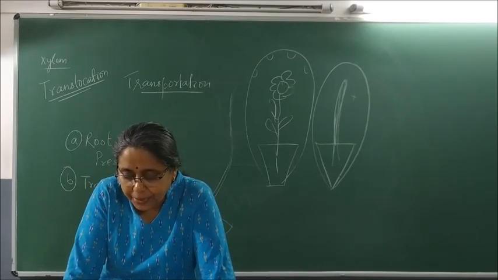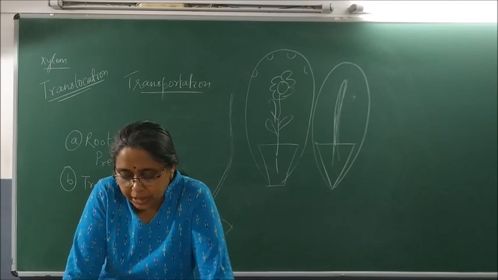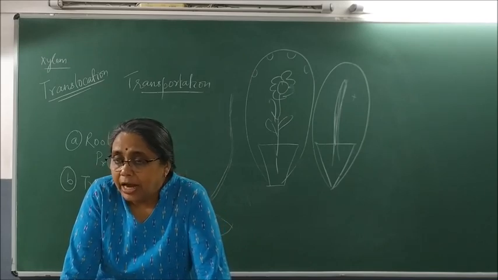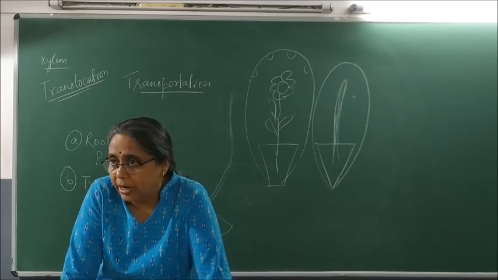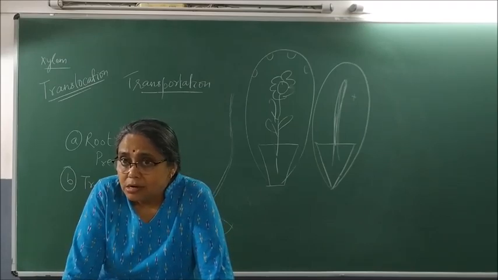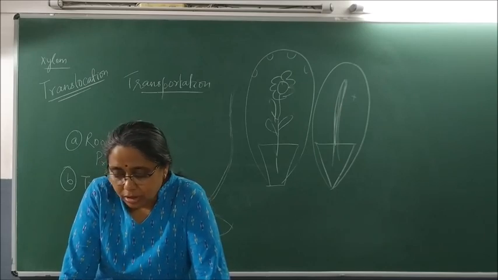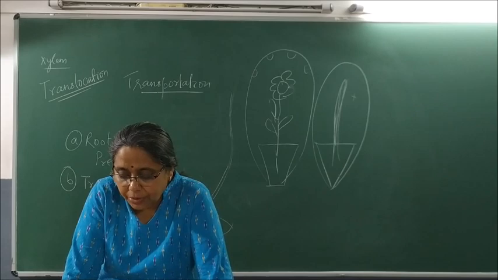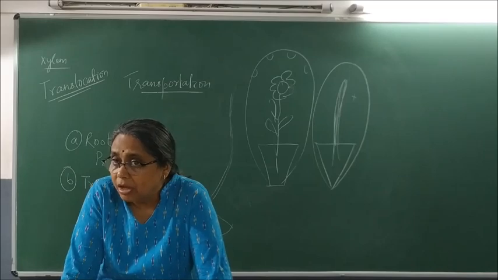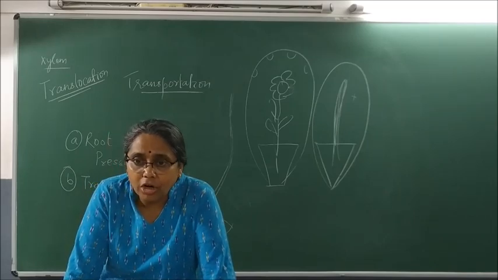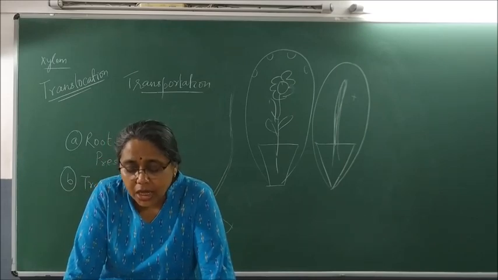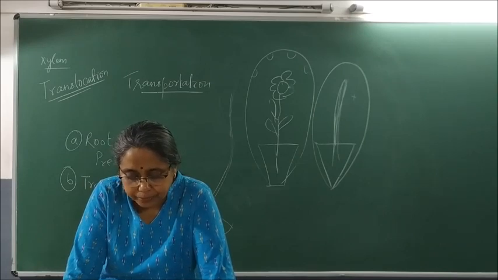Why is it necessary to separate oxygenated and deoxygenated blood in mammals and birds? Because we are animals with high energy needs and we cannot tolerate mixing of blood. As a part of this, energy is required to maintain what? Body temperature. So what will be our answer? It is necessary to separate oxygenated and deoxygenated blood in mammals and birds because we are all what animals? Warm-blooded animals, and we cannot tolerate mixing of blood. A part of the energy required is used to maintain our body temperature.